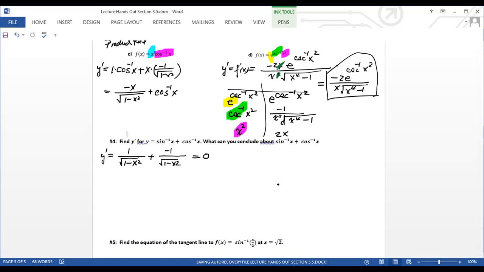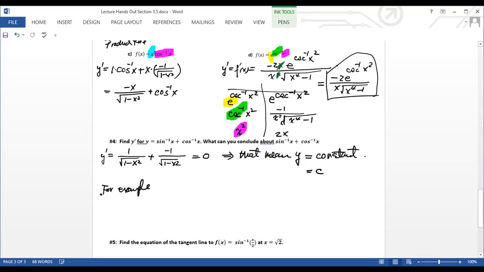So what do I mean by y prime equal to 0? That means y has to equal some constant. Right, so y has to be equal to some constant. The constant may depend on different values of x, you might have a different constant here. All right, so for example,